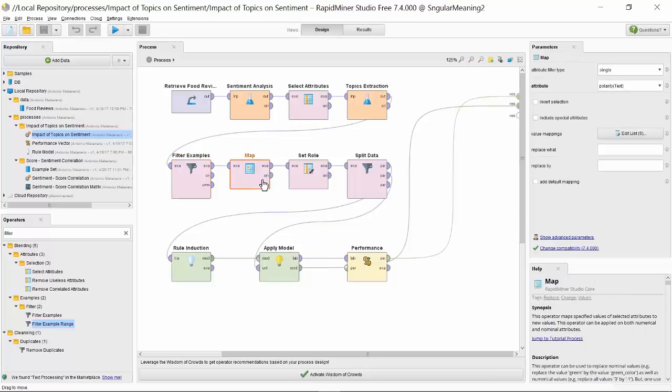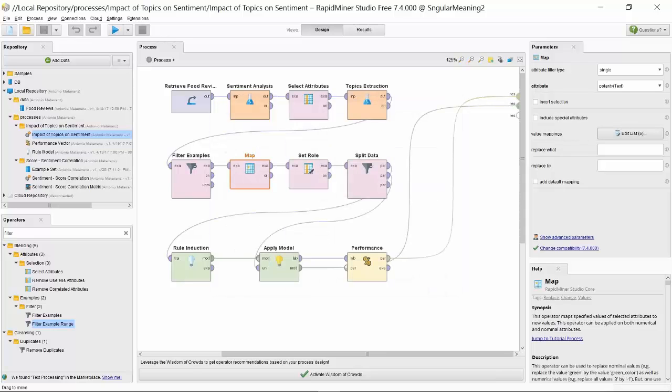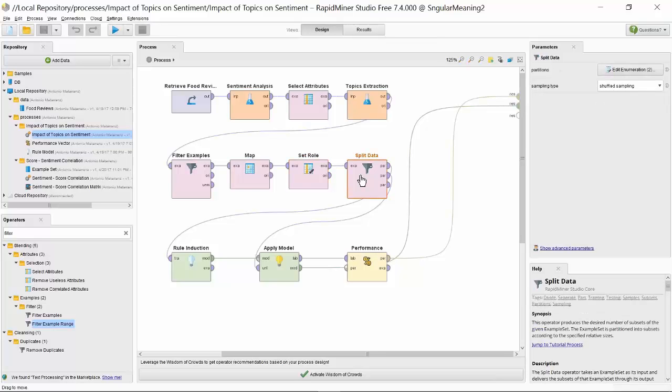And then for simplicity purposes, I'm going to aggregate the 5 sentiment categories into 3, okay, to make the model easier. I'm going to call P and P plus positive and N plus negative, okay. I'm going to define polarity as my target variable, my dependent variable, the one I'm going to predict. And I'm going to create my training set and my test set.